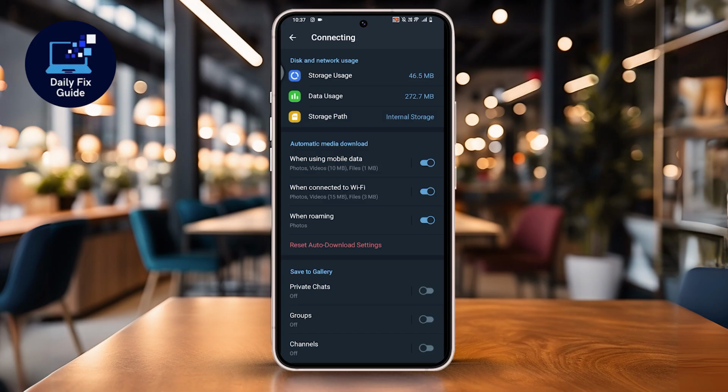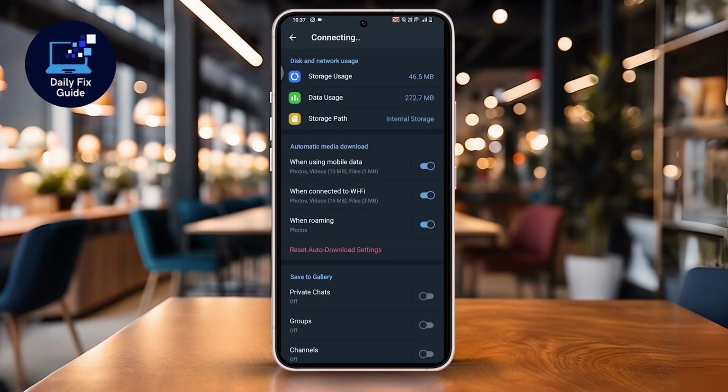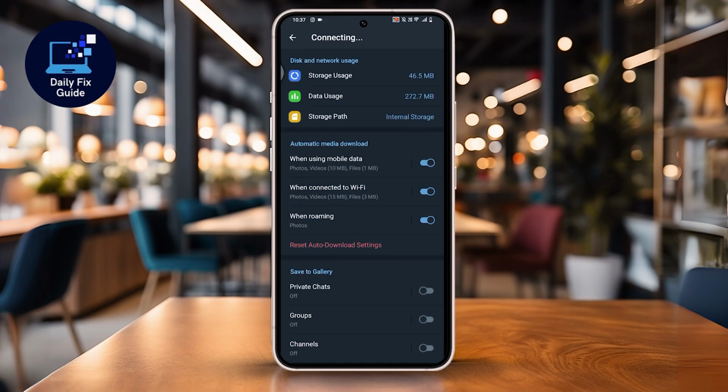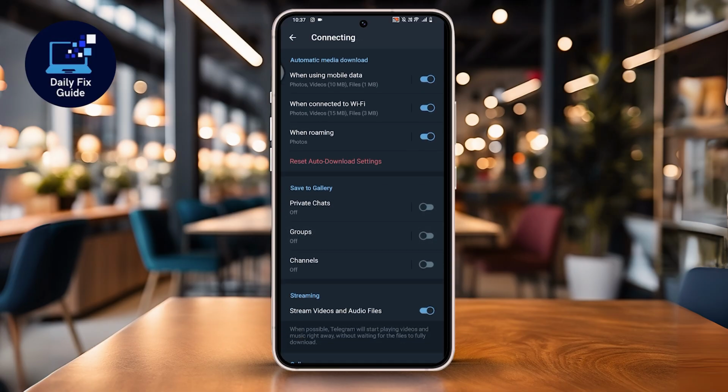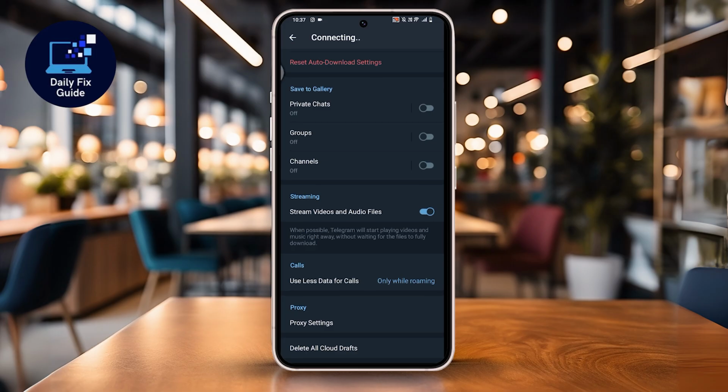The good news is that Telegram is cloud-based, which means your chats, media, and files are already stored securely online. You do not need to manually backup or transfer like other apps. All you have to do is log in on your new phone with the same phone number, and Telegram will instantly sync your chats, groups, and contacts. Finally, when you set up your new phone, just install Telegram, log in with your number, enter the verification code, and within seconds, all your data will